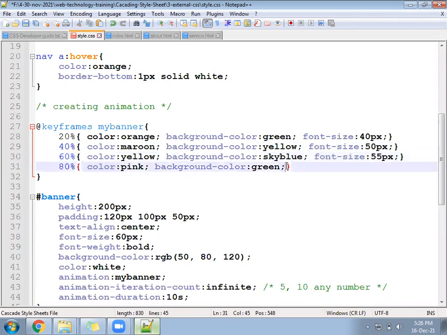After that 58. And then we'll go to the 60. Once it will become 100%, it will convert into 60.